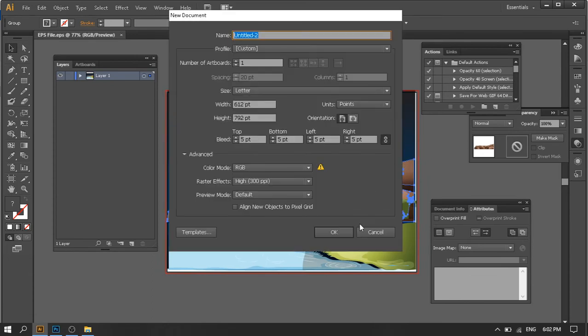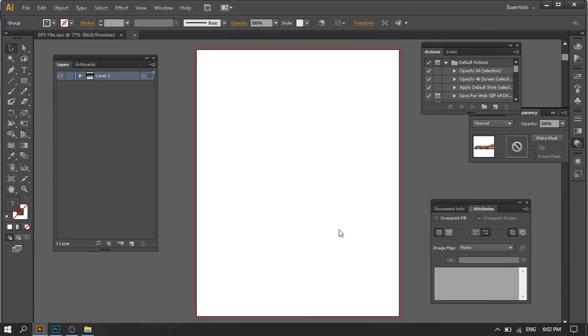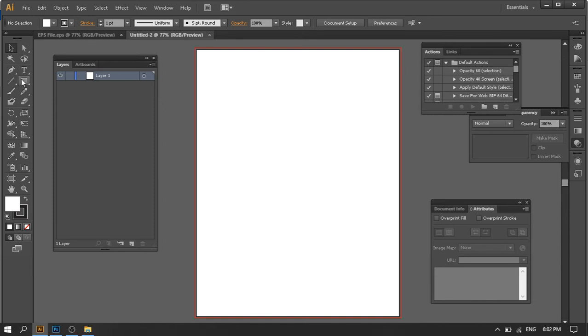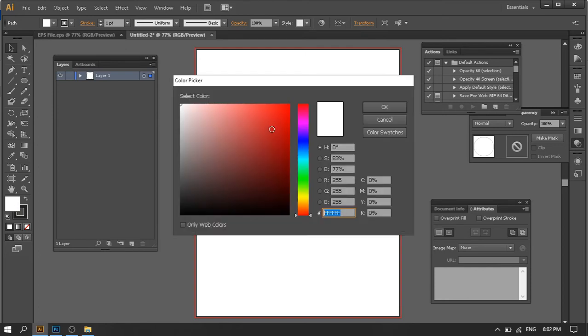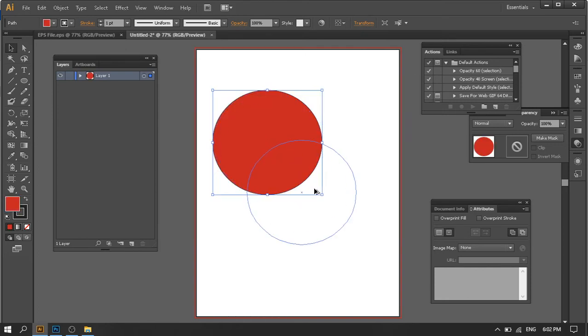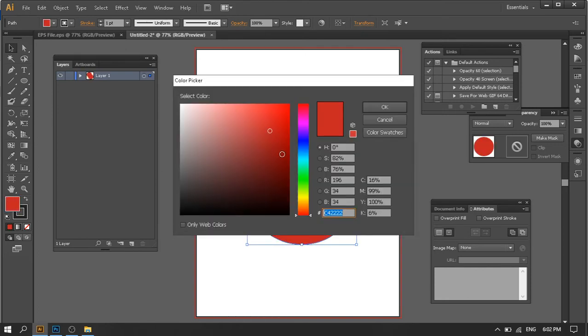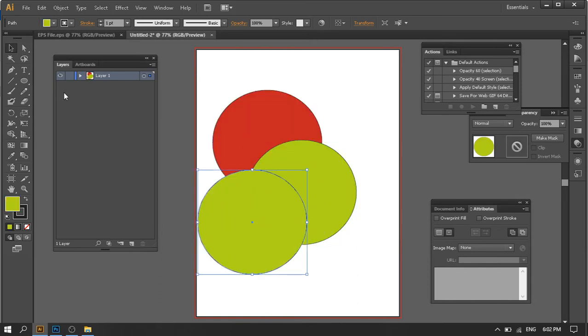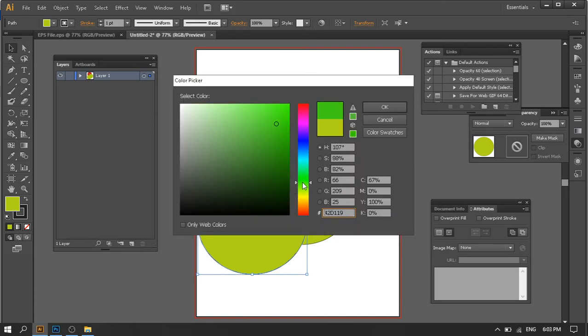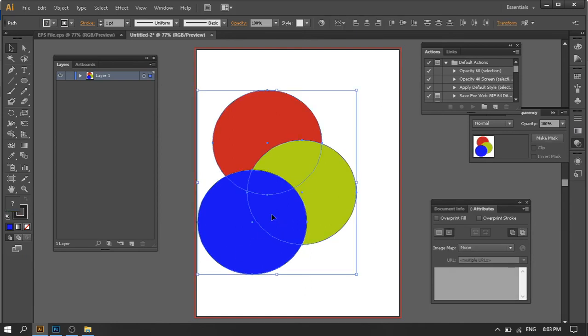In this new section I will take a simple layer. This is a simple layer. Let's start to make some things, like I have one circle here. Let me give some color, red, and let's have yellow. Great, and take one more color. Let me double click, let me change some color. Yeah, okay, blue. Great. So I have three sections.